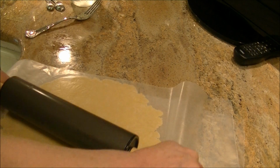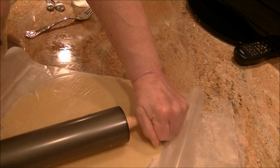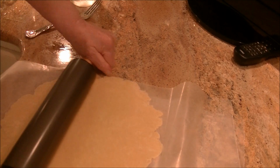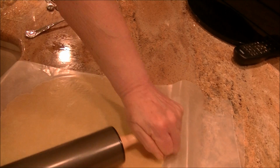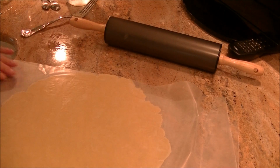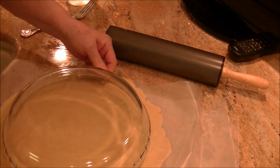She said let the rolling pin decide how thin it's going to be. Okay, I can do that. She also said don't worry about the wrinkles you might get in it from the wax paper. Then she said just test your